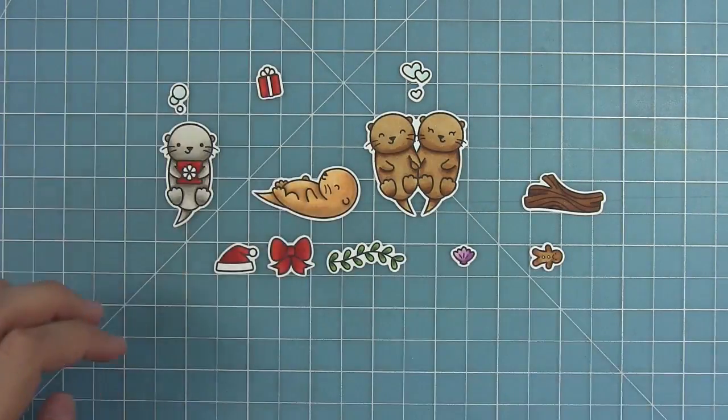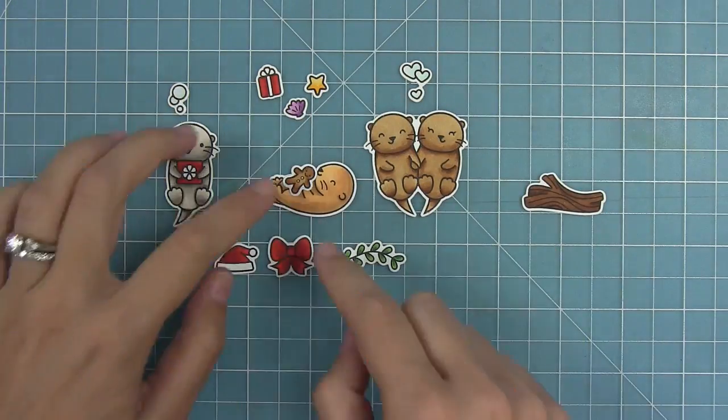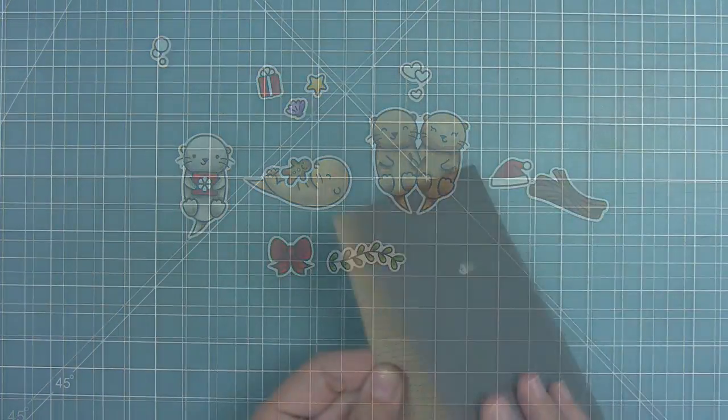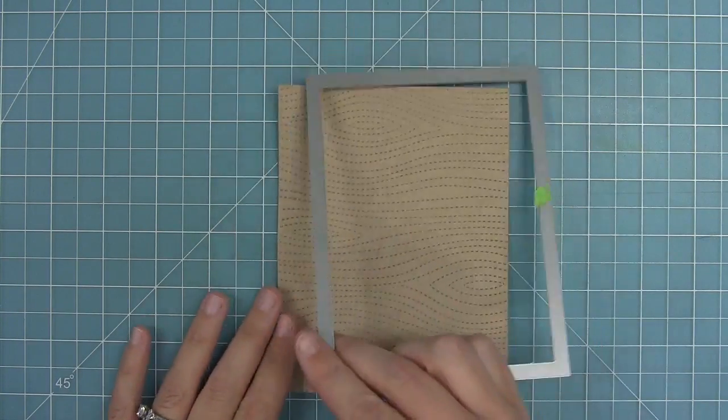So that little guy can float on the log, and he can also hold the present or the starfish, the seashell, the gingerbread man, so you can kind of mix and match. And then I love how that Santa hat works on all of them too, and it just looks so cute on them. I've gone ahead and die cut some craft cardstock with my stitched wood grain backdrop,